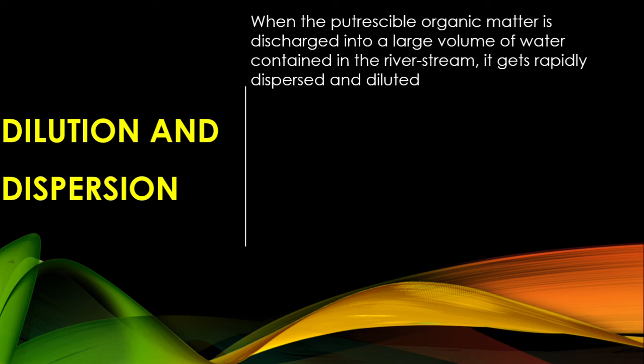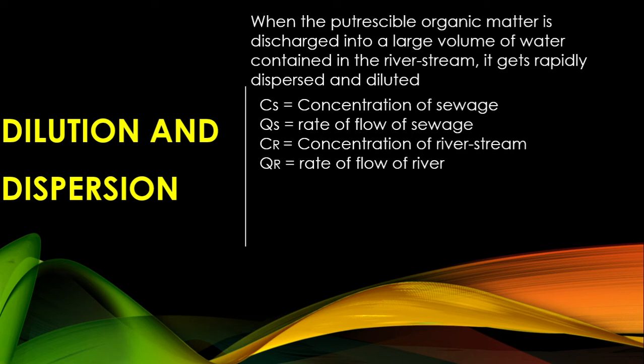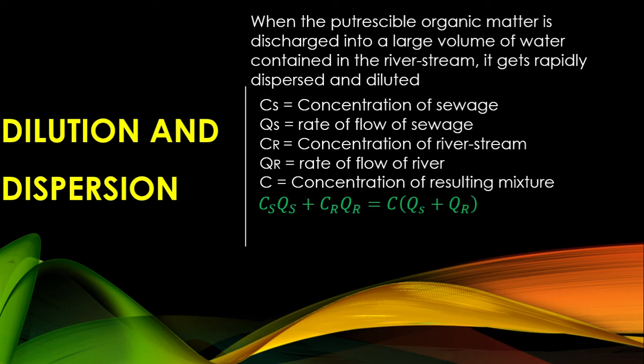rapidly dispersed and diluted. The action thus results in diminishing the concentration of organic matter and thus reduces the potential nuisance of sewage. If Cs is concentration of sewage, Qs indicates rate of flow of sewage, Cr concentration of river stream, and Qr rate of flow of river, and C represents concentration of resulting mixture, then we have a relation